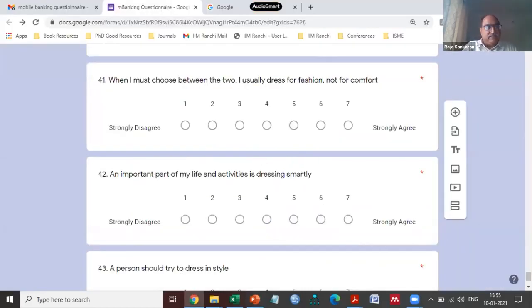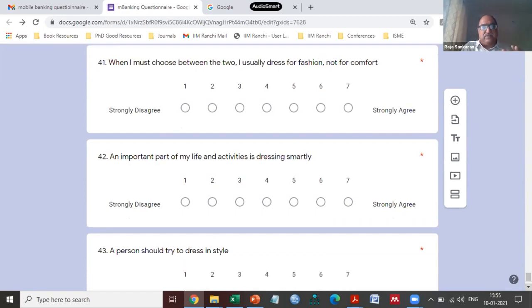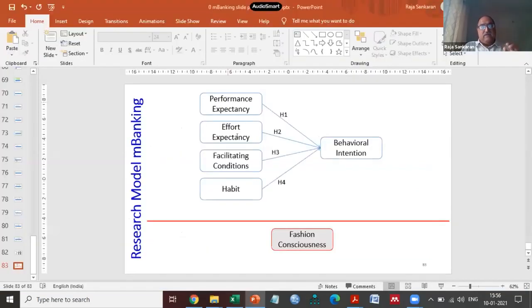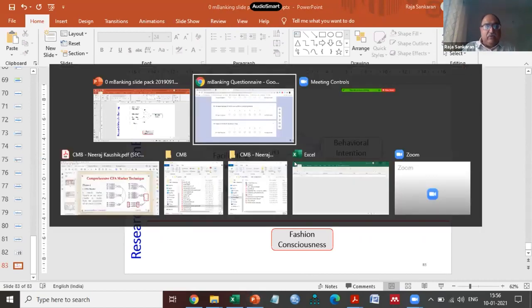Now, the first question is, when I must choose between the two, I usually dress for fashion, not for comfort. Or, an important part of my life and activities is dressing smartly, or a person should try to dress in style. These are the 3 questions which come in as part of this. Is it totally unrelated to all the work that I have done or the kind of constructs that I have in order to understand the mobile banking usage by the consumers and their behavioral intention? How do we select this?